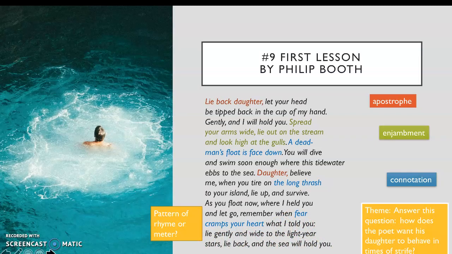All right, so we kind of answered this question. The poet wants the daughter